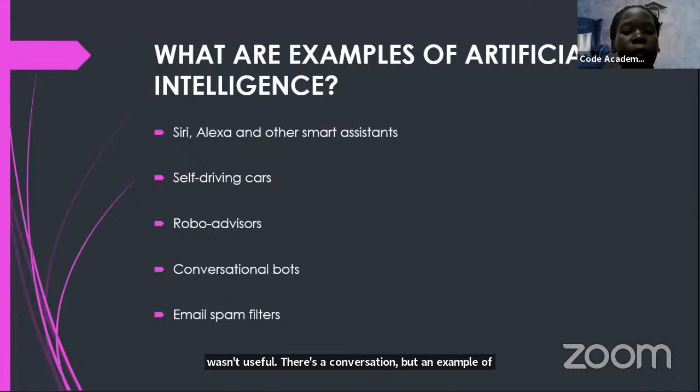Then we have email spam filters. I think a few of us still have email addresses, but our parents know that. If some people send email, for example, Gmail is able to filter it and gives you a warning.